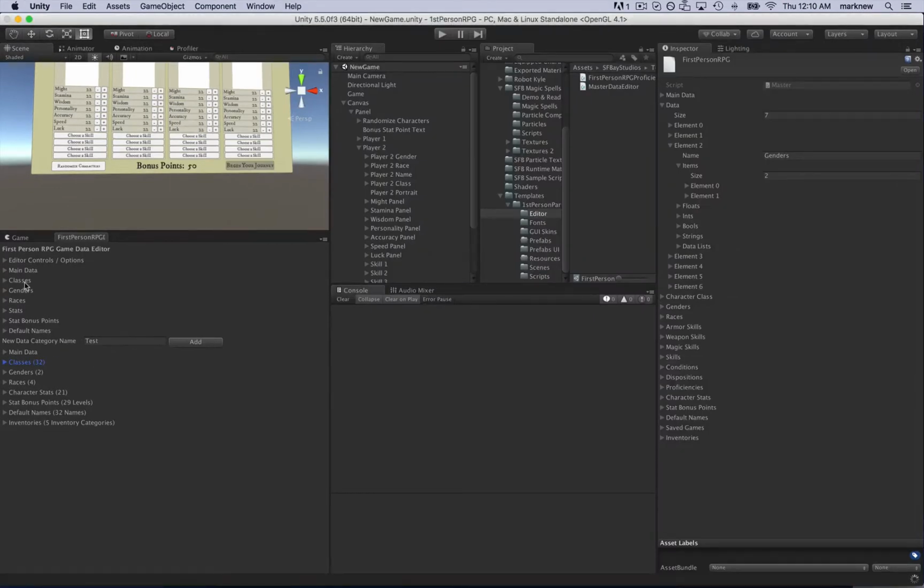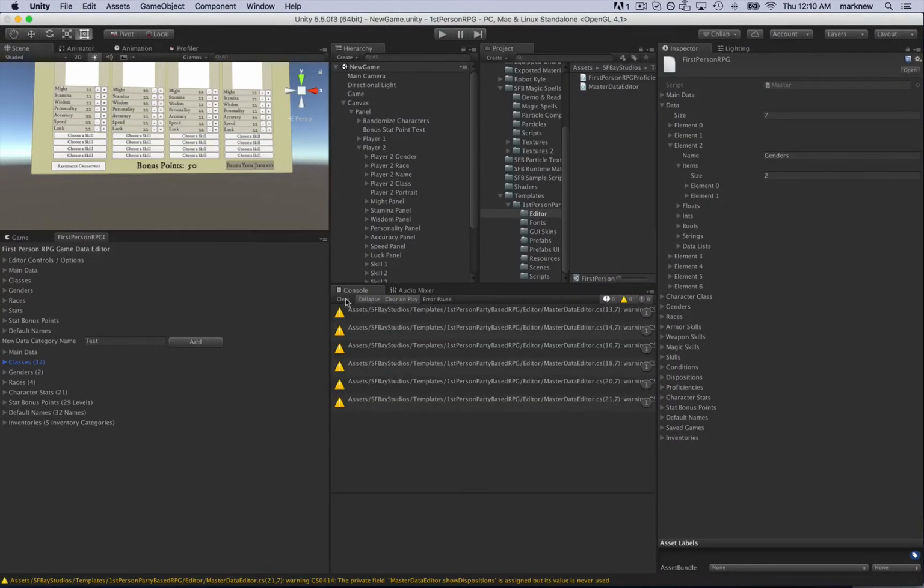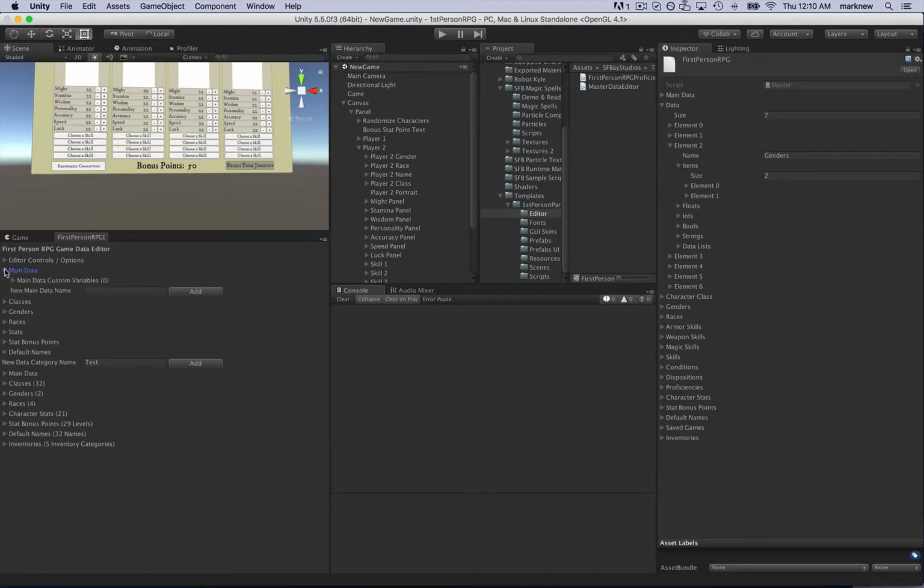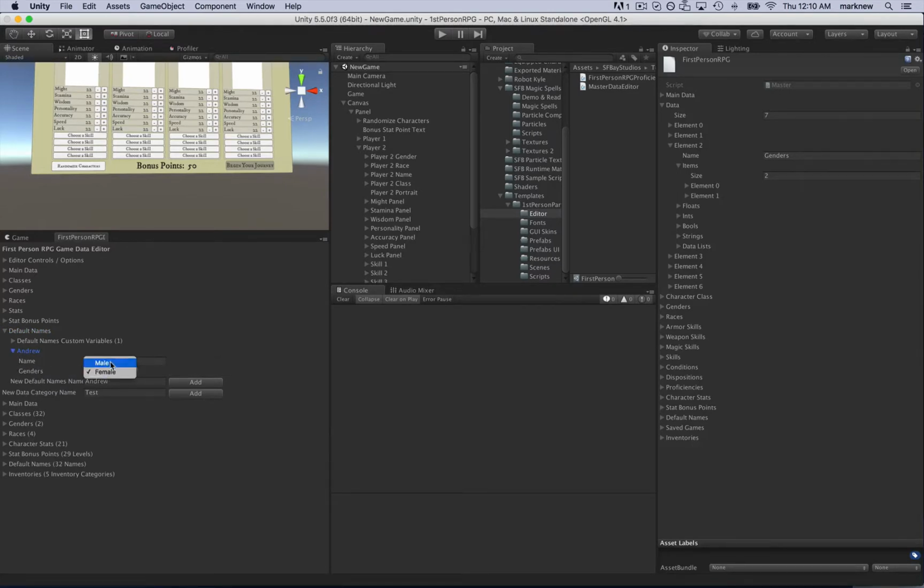So master.data would be the dot notation for so many different things. And the way this works now is you can add your own categories. So I've added these categories already. What I was working on is the default names here. So I have a default name, Andrew, that's my name. Gender, you can choose for male and female. Now that's kind of cool